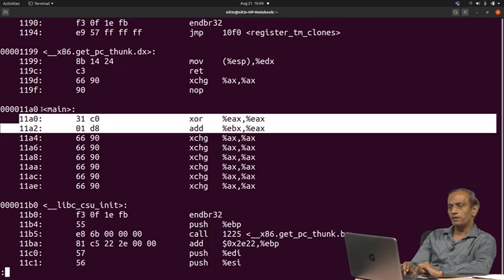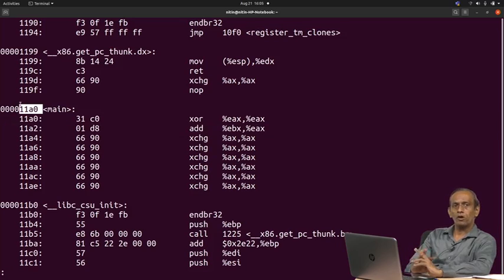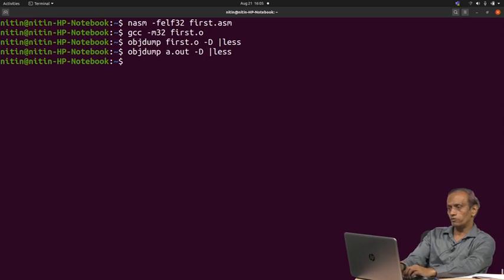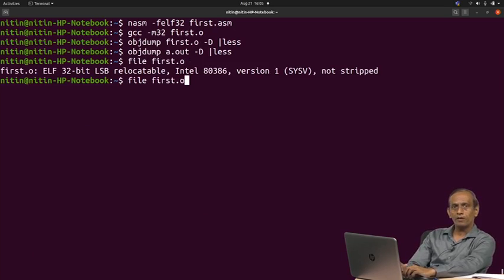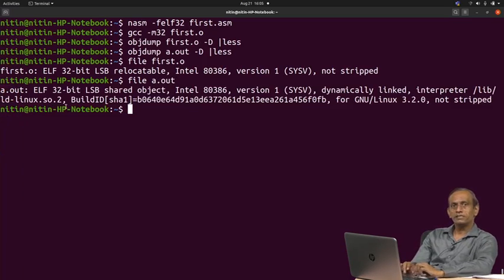If you recall, when we saw the output of the file command, one option was relocatable, which was for object code. If I write first.o, it says relocatable, and if I write a.out, it says shared object, which is dynamically linked.